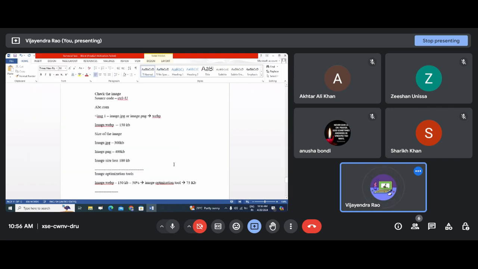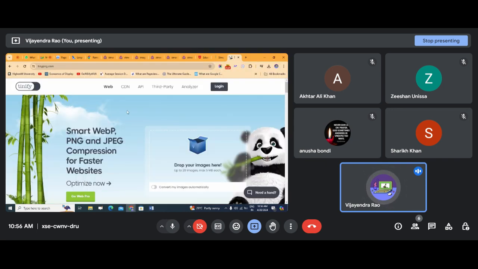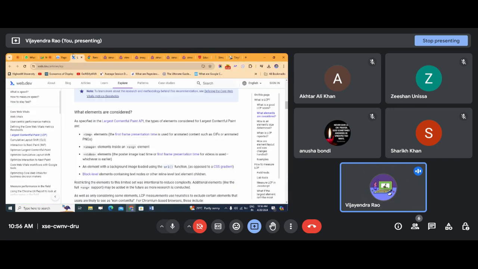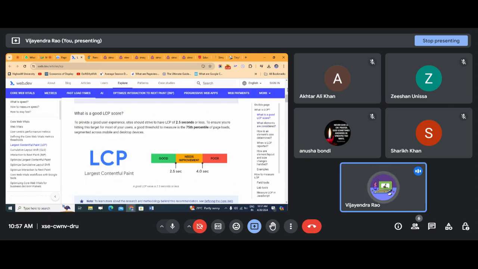Okay. So this is all about LCP. If you're facing any kind of LCP issues, you need to do these kinds of techniques and apply them in real time. So what exactly do you need to do? You make sure that it comes below 2.5 seconds after putting that image on the website,